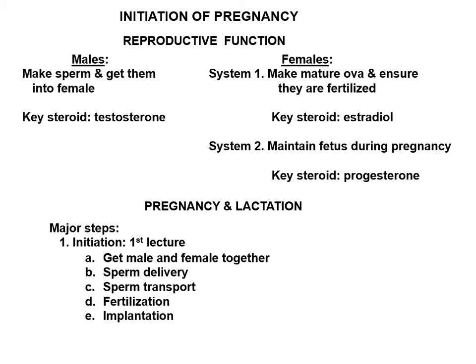The first is you obviously have to get the male and female together. That's a very complicated process known as courting. And ultimately, if you're going to have a baby, it culminates in sexual activity. You then have sperm delivery up to the oviduct to the ovum, and fertilization and implantation. So if we start with the first step,